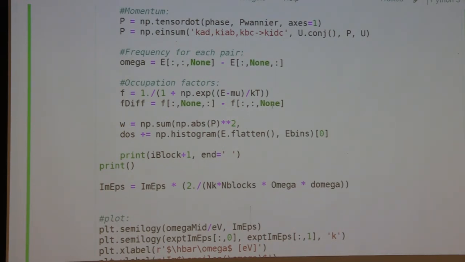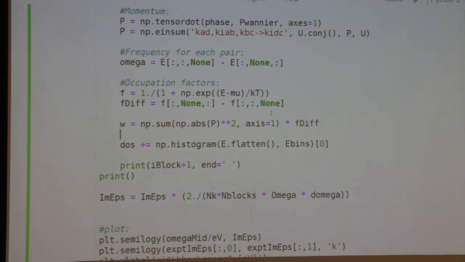So that's the vector mod squared here, and I'm going to sum over the second axis. Right? So this is the matrix element squared in Fermi's golden rule, and that is going to be multiplied by F diff. So this is the weight of the transition,